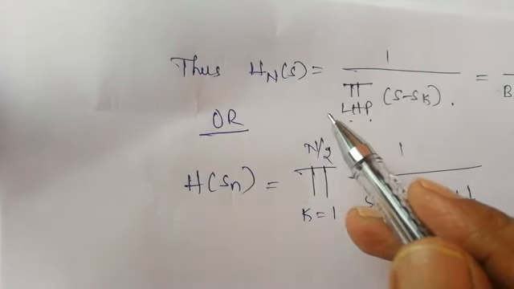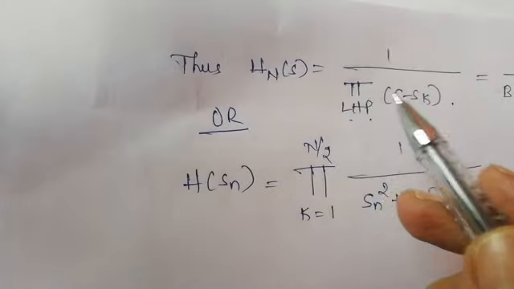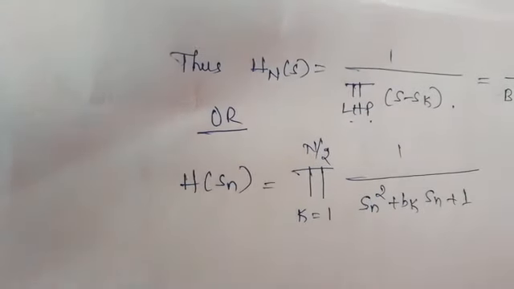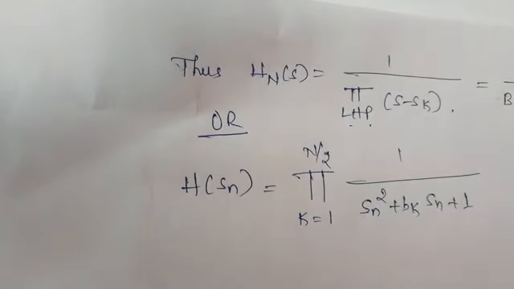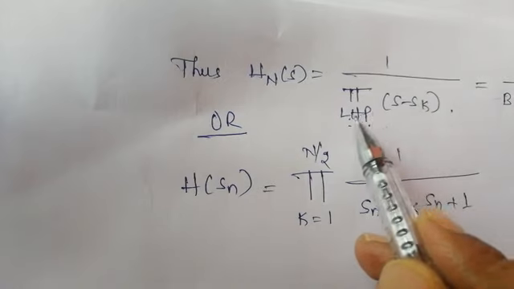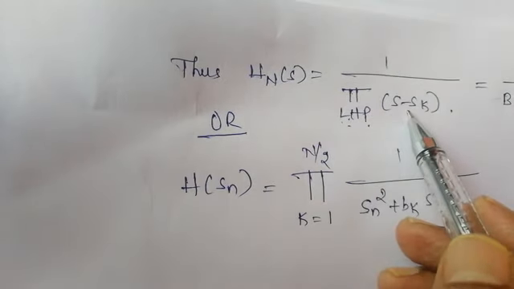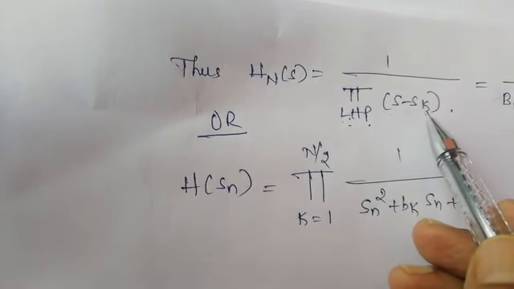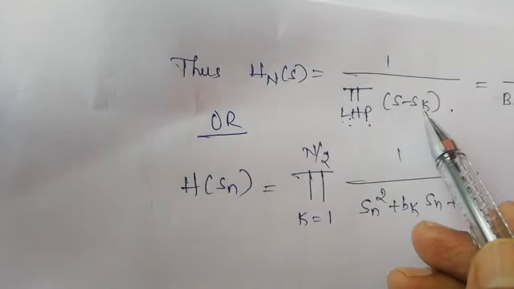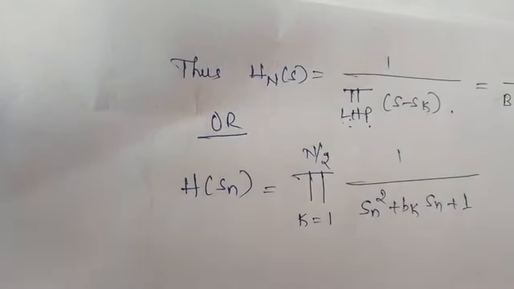From the available poles, we are going to consider only the left side of the S plane. A filter is said to be stable when we consider only left side poles. Because of that reason, it is indicated as s minus sk. For example, if we have 10 poles, we are considering only 5 poles, because 5 poles lie on the left side and the remaining 5 poles lie on the right side. So we are considering only left side poles.